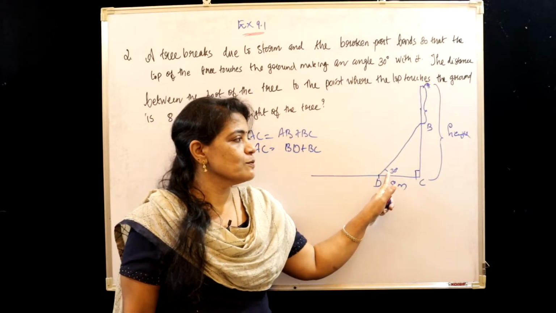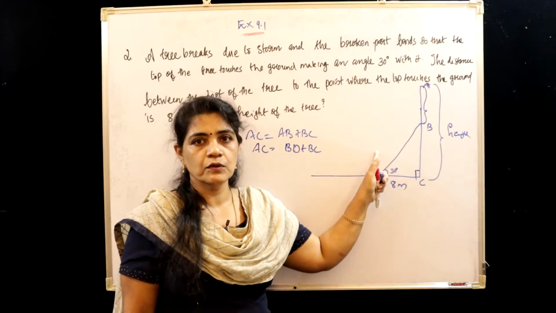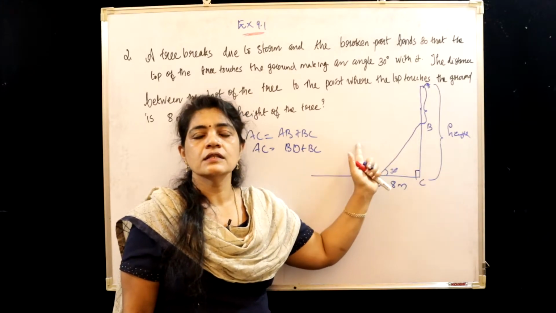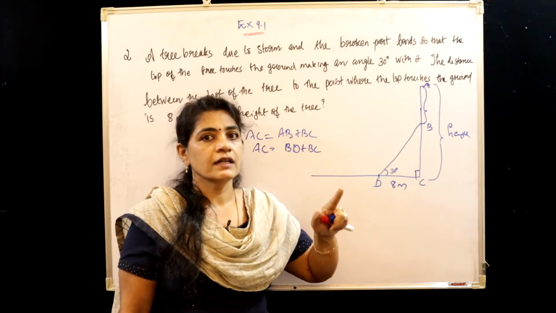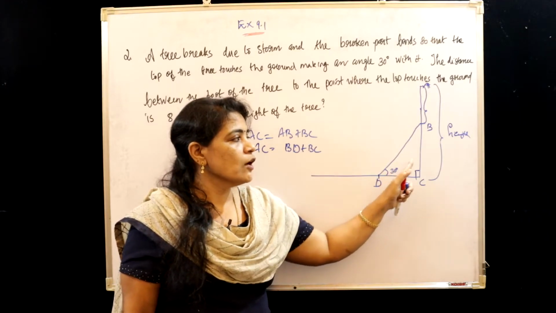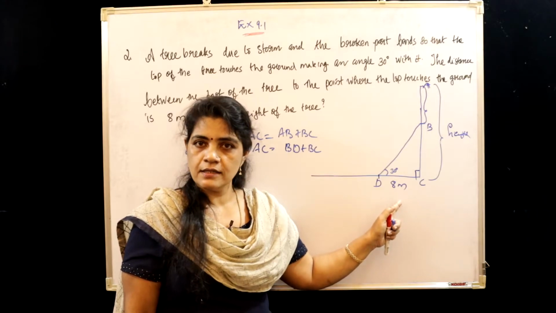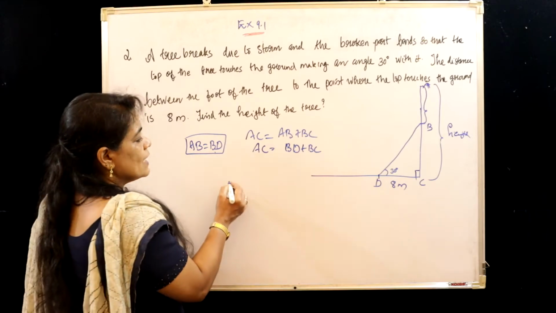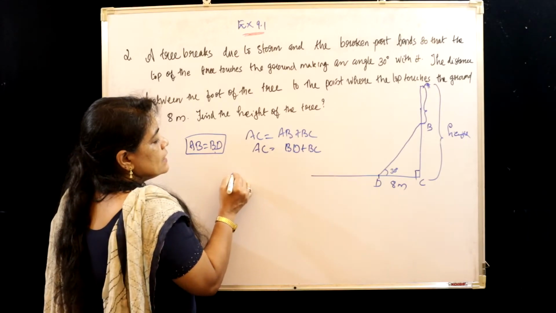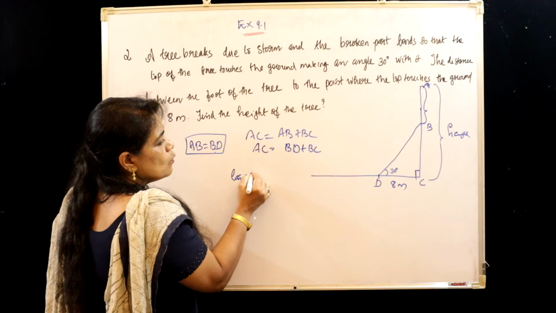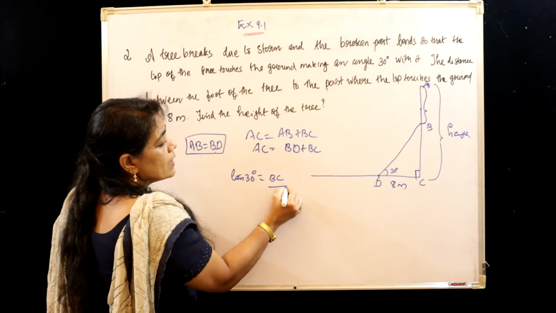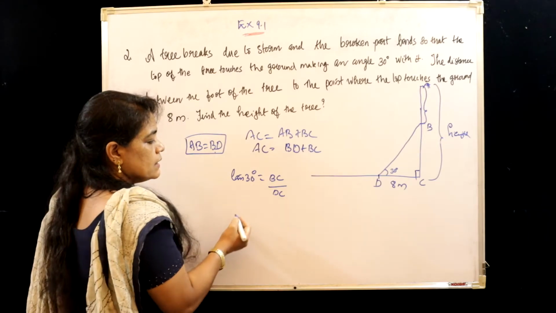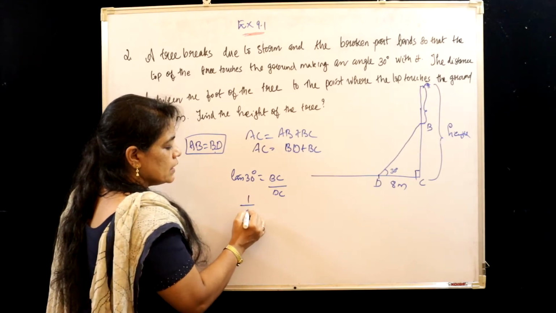If you are taking opposite side with the hypotenuse, just like the first question, sine 30, here opposite is unknown, this hypotenuse is also unknown, so we can't take. So here we have to take opposite with the adjacent or adjacent with the opposite, tan or cot is okay for this question. So I am taking, according to this question, tan 30 degree equal to BC by DC. And tan 30 value we know, that is 1 by root 3